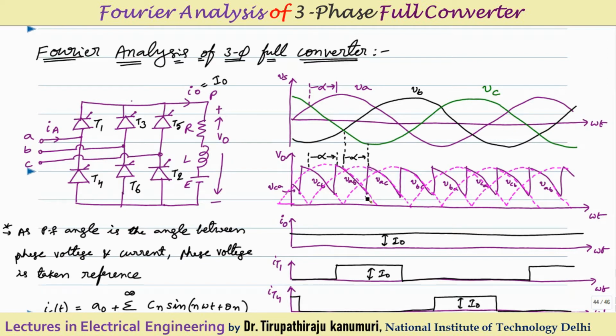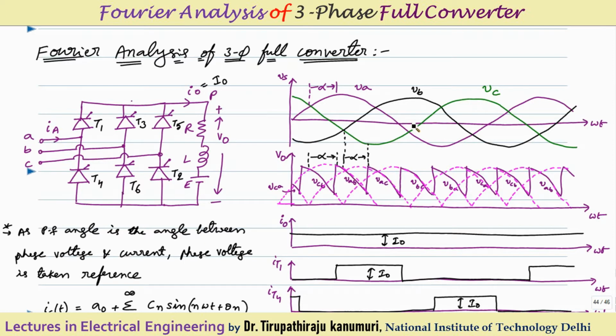After an angle of alpha, the next thyristor is triggered. That means the thyristor of phase C will be triggered, because this is C. At this instant it becomes forward biased, because in the negative group we have to see the negative maximum voltage, but after an angle of alpha we are triggering it, so the current will transfer from the B phase to the C phase. The first one, phase A of the positive group, is the same, but the second subscript is changed, that means it changes from VAB to VAC.